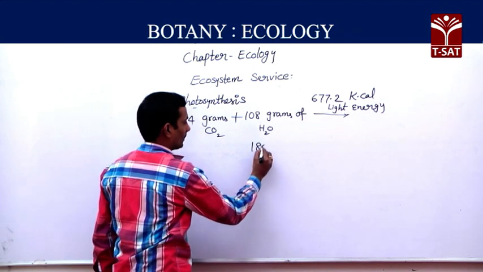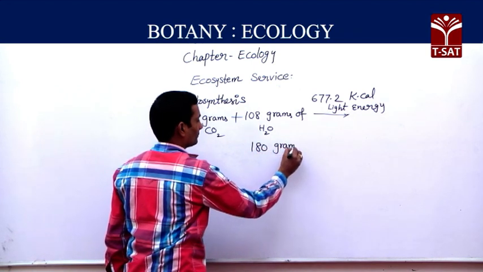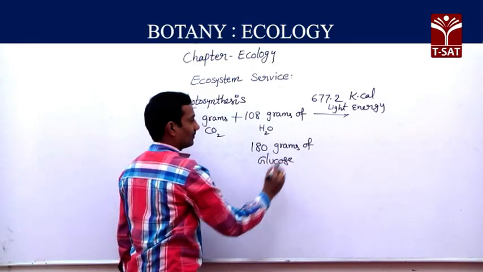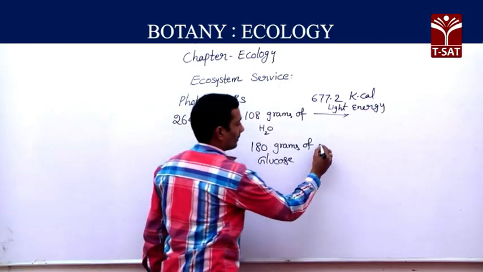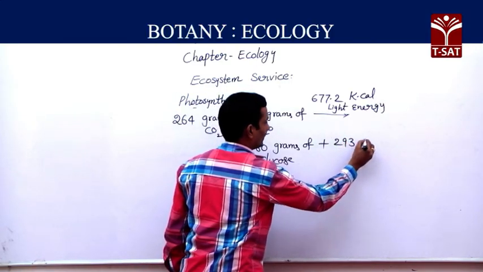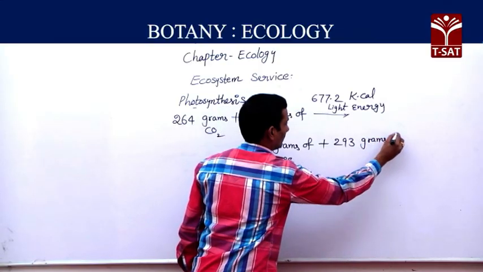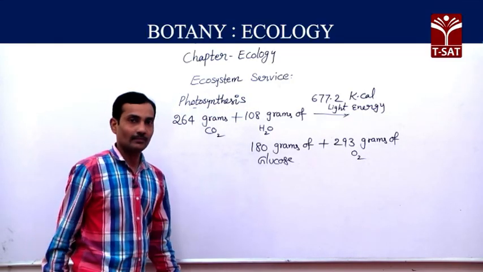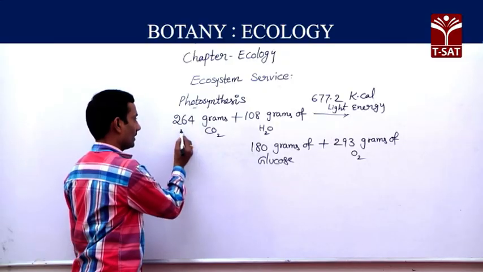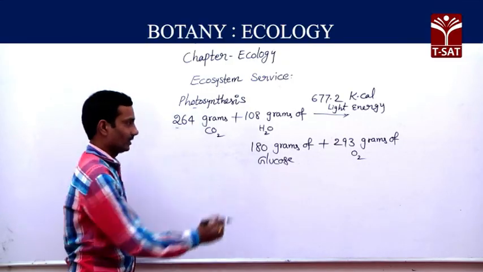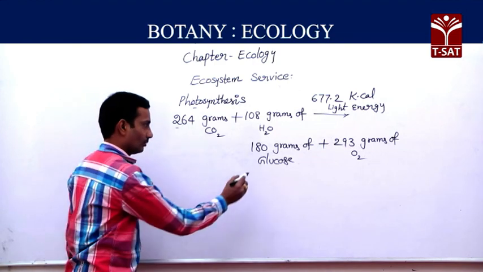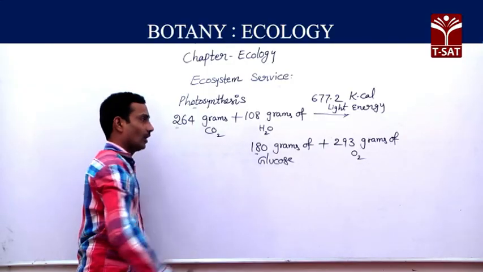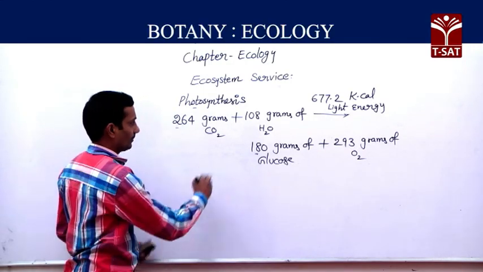They prepare 180 grams of glucose and 293 grams of oxygen produced by the plants. So here, if you observe carefully, this is the photosynthesis equation. To produce this much glucose, how many molecules of carbon dioxide and how many molecules of water are used by the plants? If you see carefully,